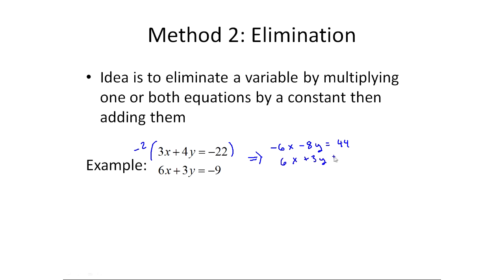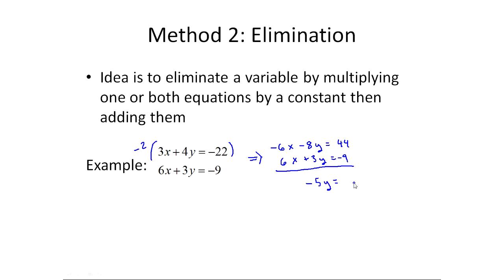And as you can see, the first two terms are essentially opposites. When I add them up, they're going to be gone. In other words, I eliminated the x. I could have also eliminated the y. It's really up to you which variable to eliminate. Sometimes one is easier than the other. So when I go through and add these now, this is gone. I end up with minus 5y